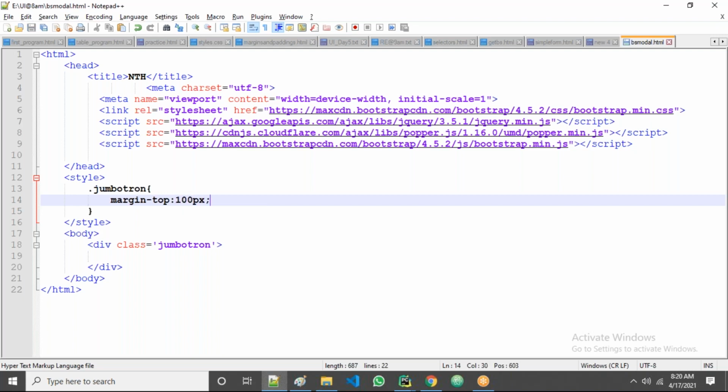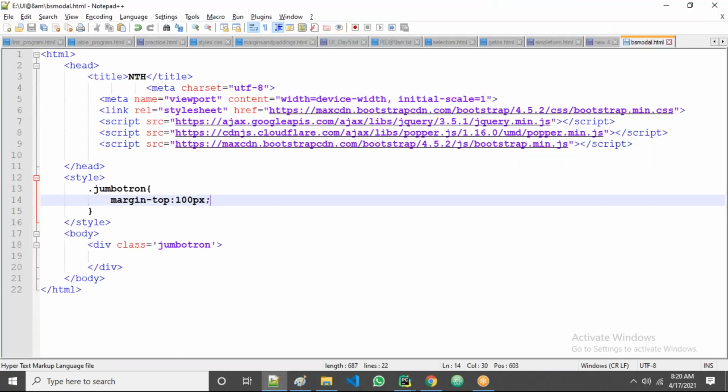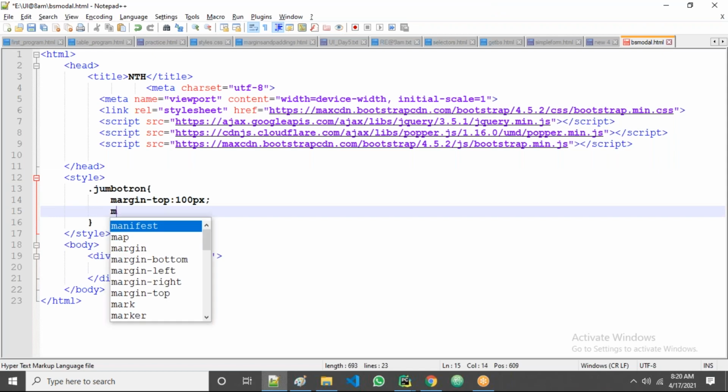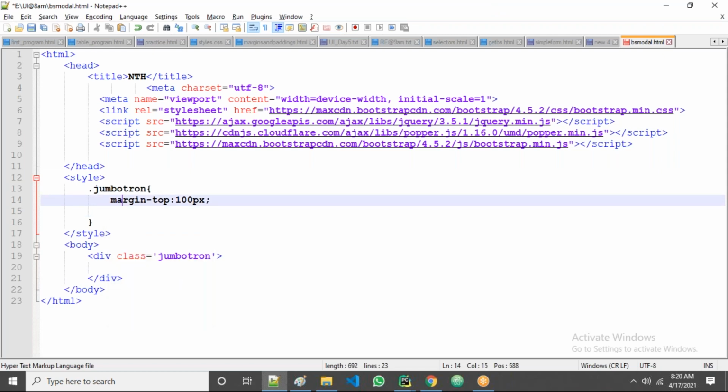Save this one, go here, refresh. Yes, margin top 100 pixels. Next, let's take just margin. I'm taking 100 pixels, and 300 pixels. What does it mean? Top and bottom is 100, right and left is 300, like that.